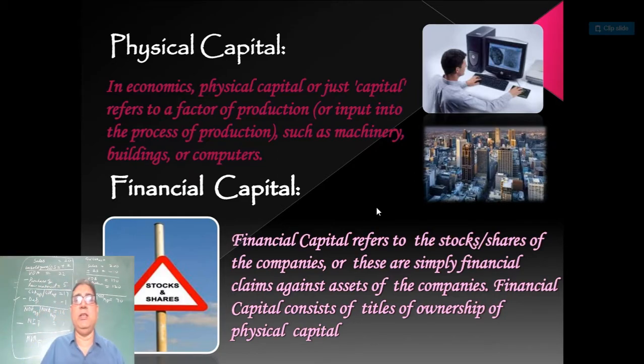in economics, physical capital or just capital refers to a factor of production or input into the process of production such as machinery, building or computers, tractors, business tools, repairing tools. So plant, size of plant, these are all types of physical capital, or we can say fixed capital. Financial capital refers to the stock and share of the companies, or these are simply financial claims against